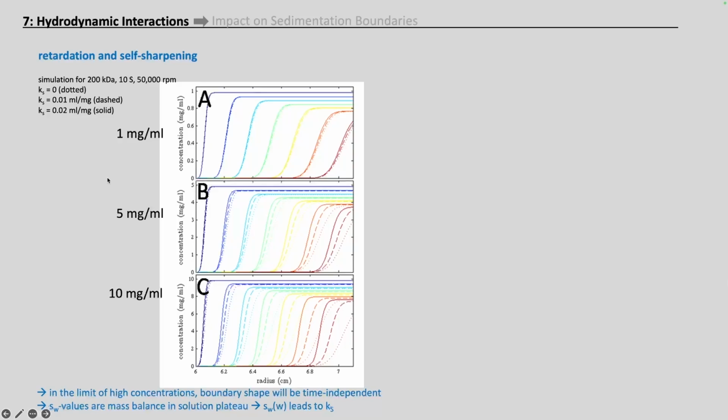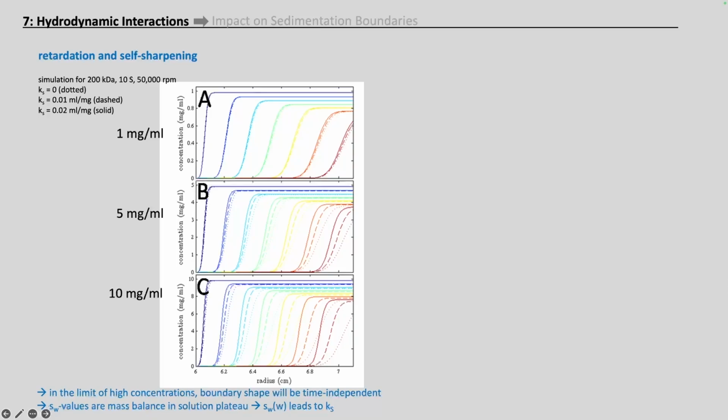At low concentrations up here, there is little difference. But as we load 5 or 10 mg/mL, you can see distinct retardation of the boundary. And also, they get much steeper. And this is because the leading edge is at high concentration and migrates slower, whereas the trailing part is much more dilute and therefore migrating faster, and it can catch up. In fact, this sharpening can completely counteract diffusional broadening and produce a time-independent boundary shape in the limit of high